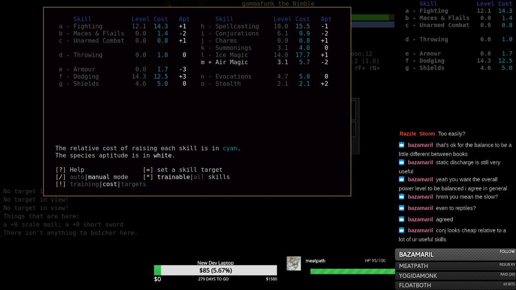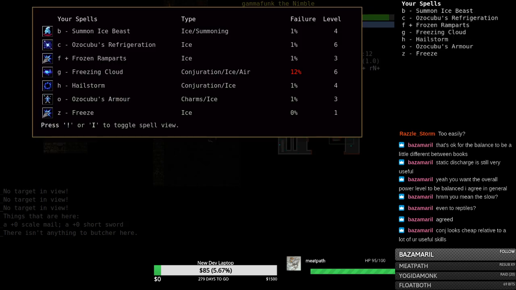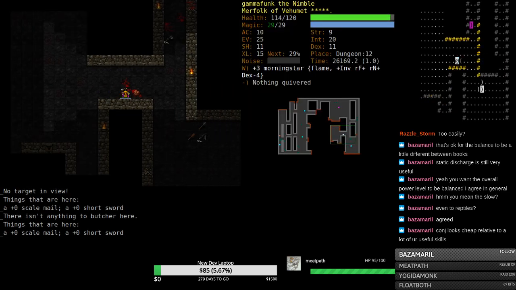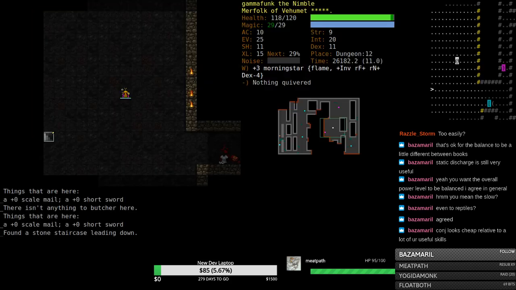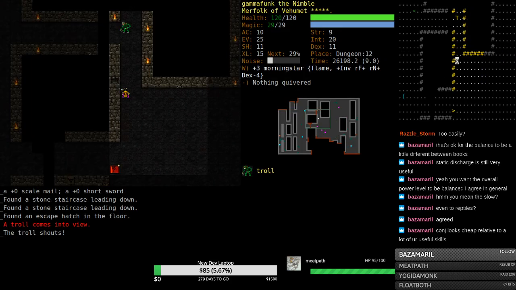I was comparing Conj to Ice. Conj is a little bit more useful because it gives me something with Hailstorm. How much I'm going to use Hailstorm remains to be seen. My spell power with it isn't awful, but it's...